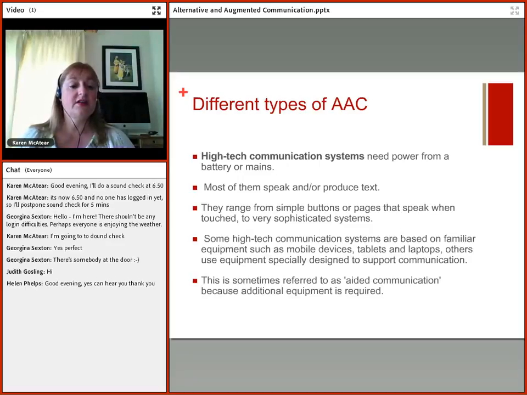And then finally we have high-tech. These are powered by battery or mains, so electronic in some way. Most of them speak or produce text, as I said earlier. Stephen Hawking has a computer that is his voice, doesn't he? There are very complex versions. I imagine his is top of the range, but there are lots and lots of methods of computerized voices that can be used, and you may have come across some people that use a computer or a simplified computer